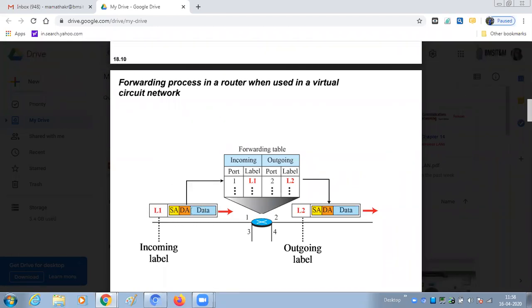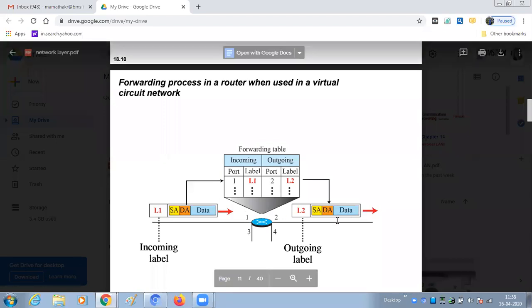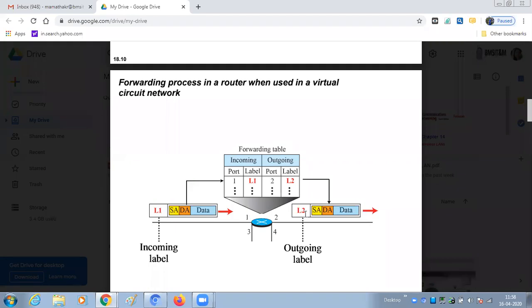So this data, along with the source address and the destination address and the label, is going. The incoming is from port 1. Similarly, outgoing is port 2. But here the label is changed. The outgoing label is L2. So here L2 is filled in the forwarding table.